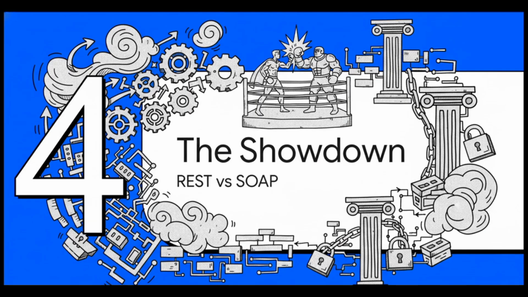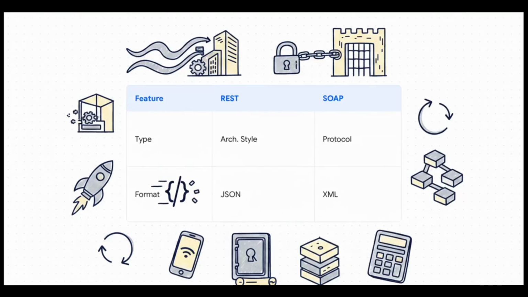Which leads us to Section 4, the showdown: REST versus SOAP. And this brilliantly illustrates the core differences between the two. On one side, we've got the lightweight, modern flexibility of REST, giving you that snappy JSON parsing and a highly flexible architecture that is just ideal for fast-moving mobile apps and public-facing APIs. Then, on the other side, we've got SOAP, which brings the heavy-duty security of XML and those strict, uncompromising contracts.